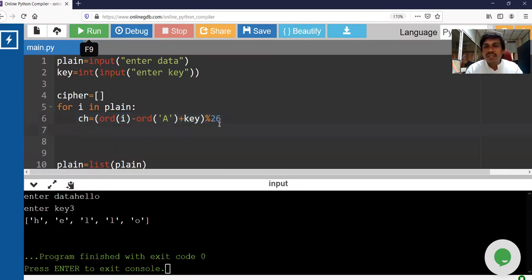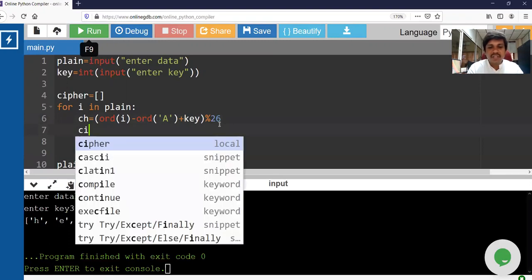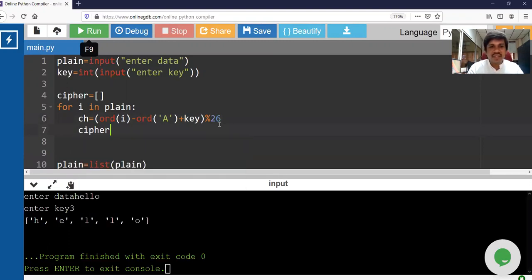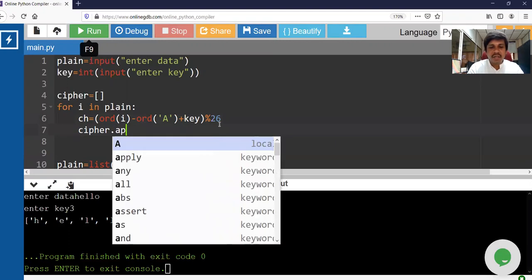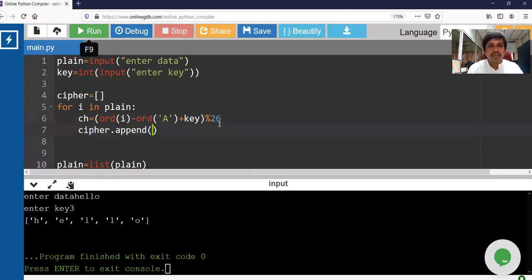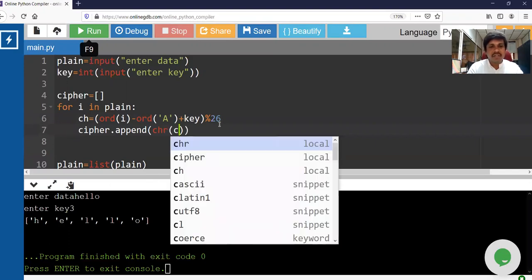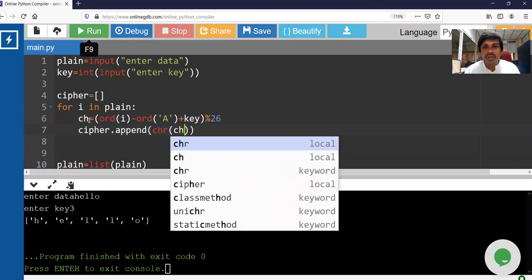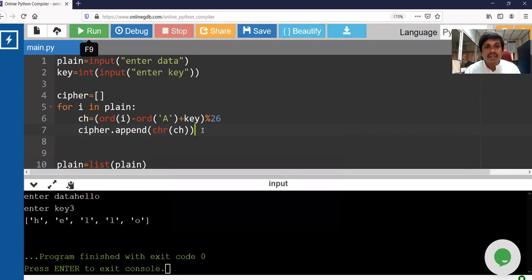Now this CH should be appended to cipher. Before I append, it should be converted to char. CHR of CH, because this CH will store an ASCII value. That ASCII value should be converted to a character again. So cipher dot append of char.